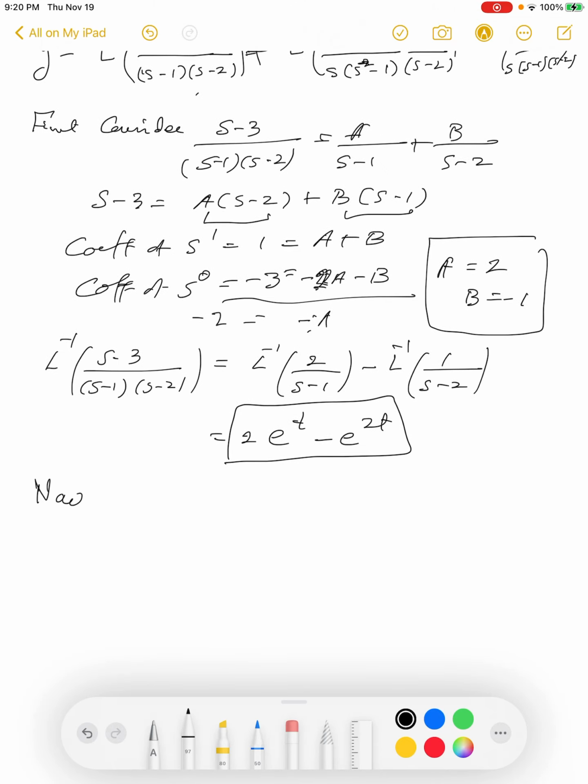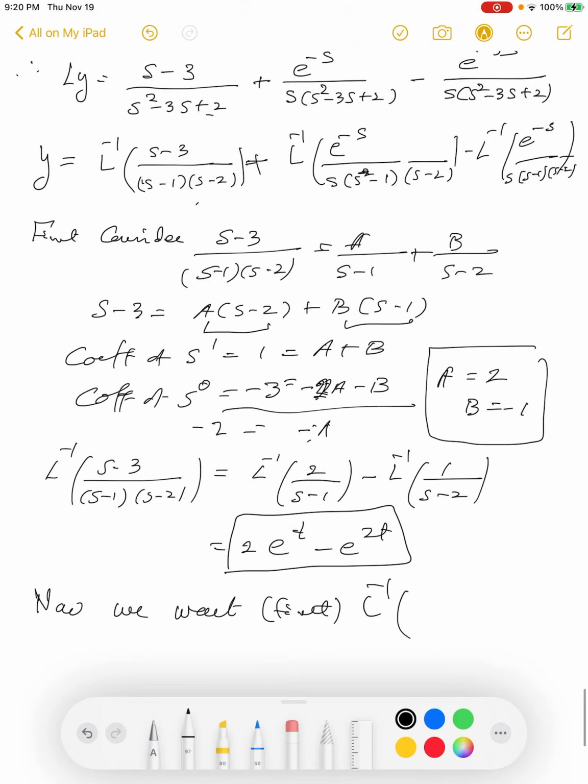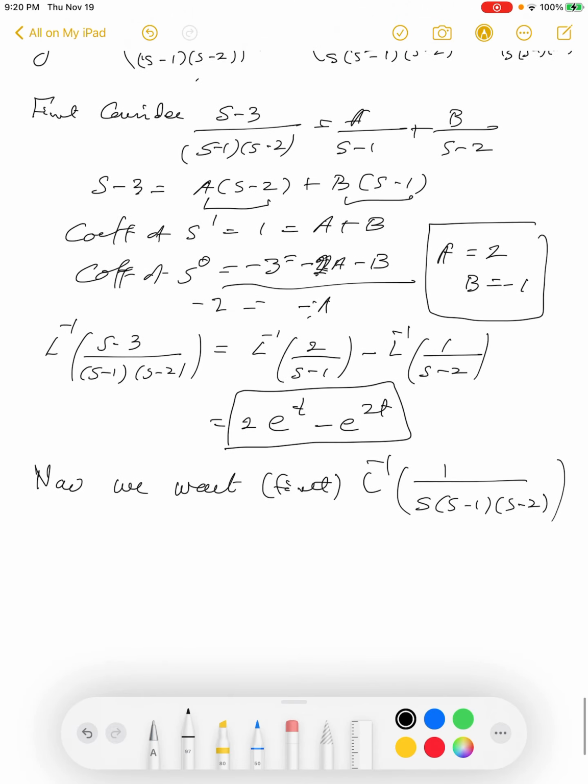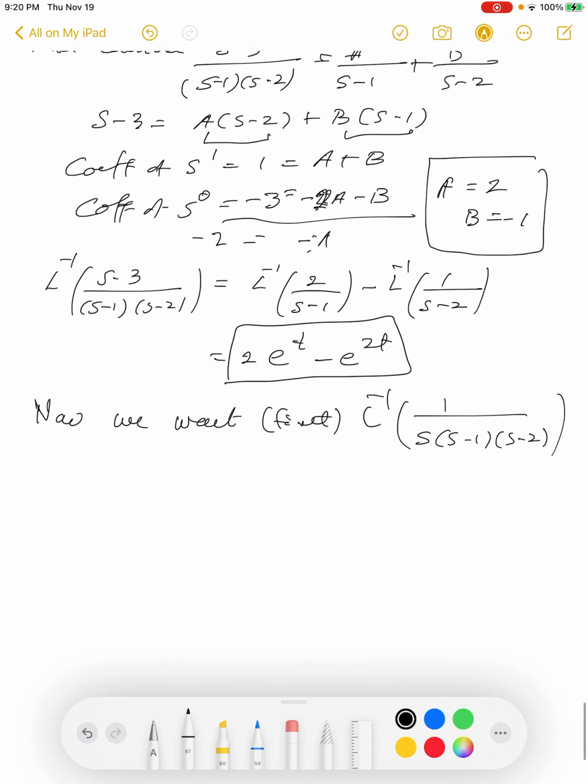Now we want first L inverse of, I want to ignore the exponential terms and I want to find the inverse of s times s minus 1 times s minus 2. Good. Now you use the fact that you have a factor of 1 over s. That means if you know the inverse transform of the remaining thing, then you integrate that to get the inverse transform of this function. So first we find